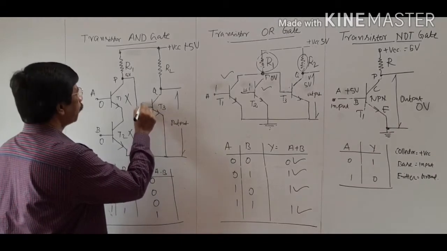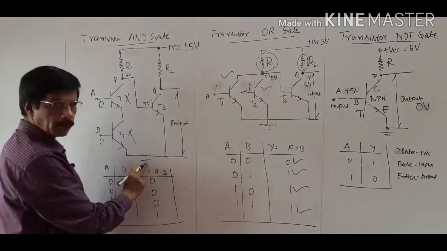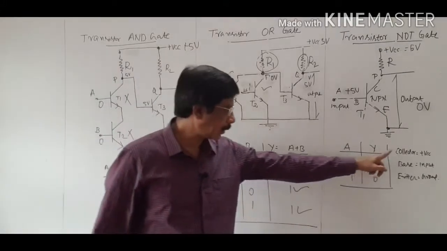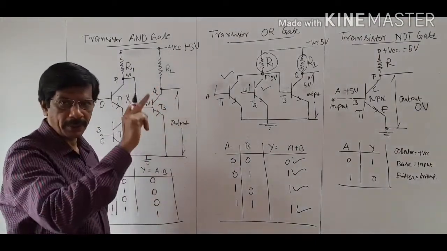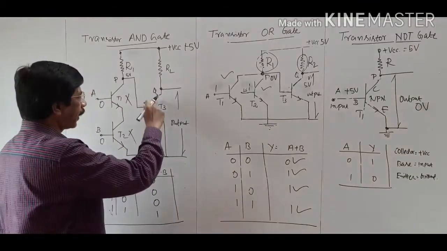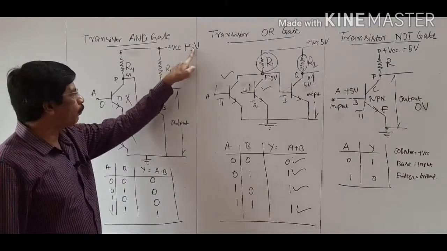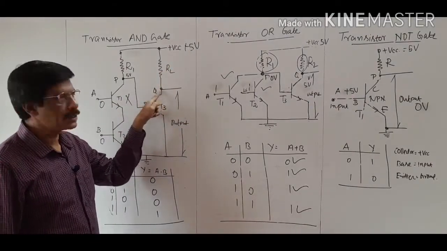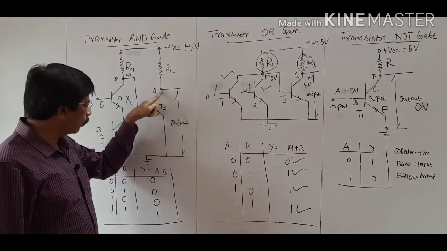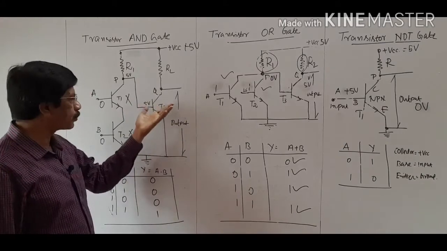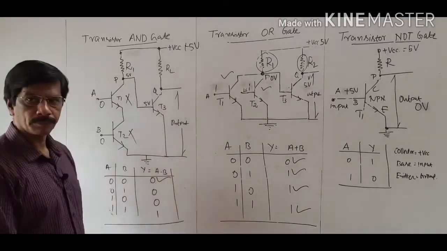The base has input 5 volt, collector is connected to plus 5 volt, emitter is connected to ground. So all the 3 conditions are satisfied for the transistor T3, it switches on, starts conducting, generating current. That current is dropped across R2. In this case, the plus 5 volt cannot enter the point capital Q since you have the voltage drop across R2. The voltage between the point Q with respect to ground is almost 0 volt. That shows the first row of the truth table.